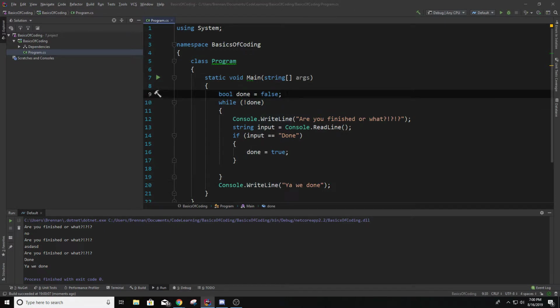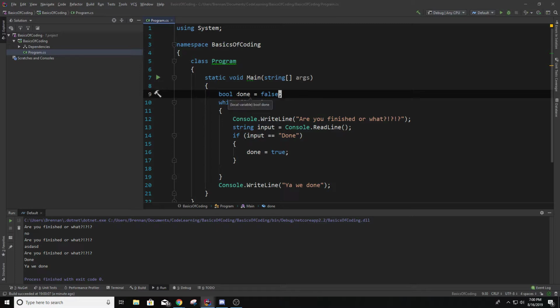This whole process is how video games work. If it's not done, if the program's not exiting, render the next frame. If you're in a main menu and they haven't hit A yet, show an animation showing what you're selecting. If they hit quit, ask them if they want to confirm. If they want to confirm, then